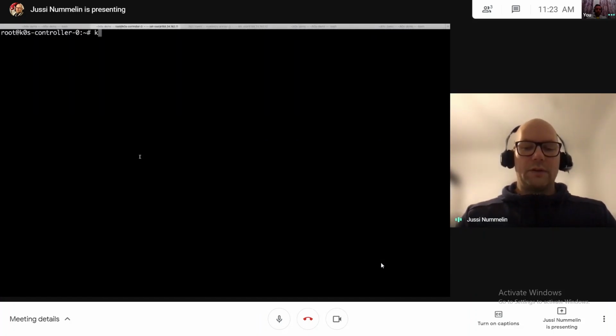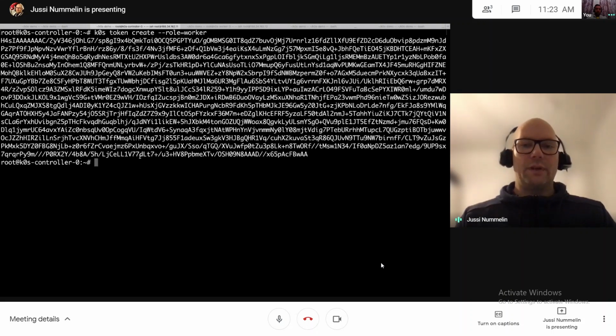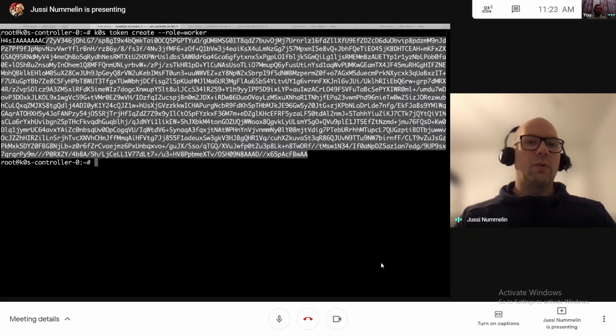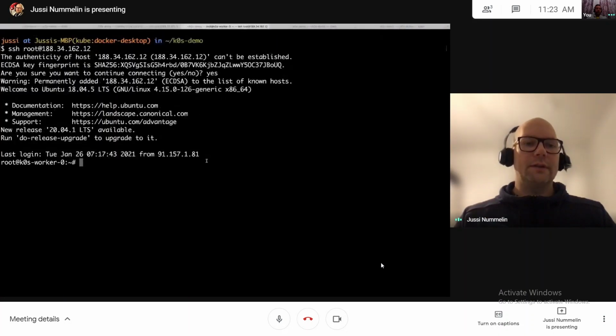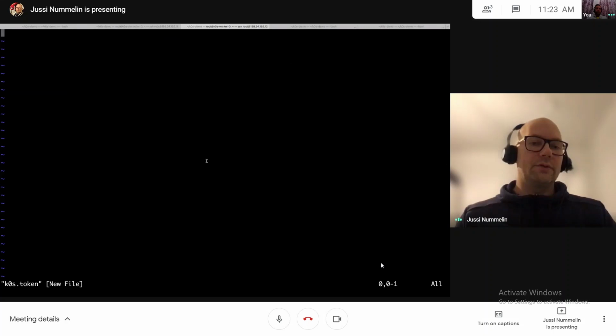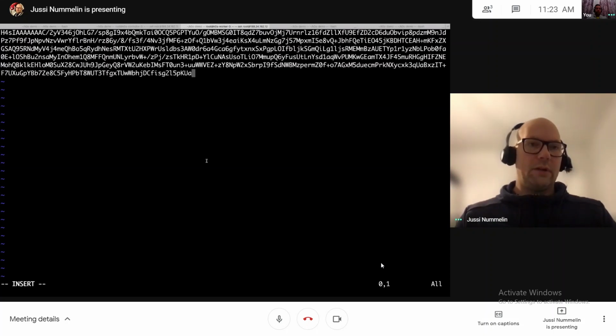So K0S token create role worker. This creates a super long token that I can use to authenticate the worker into the cluster. I'll create a file called K0S token with just the token in it.